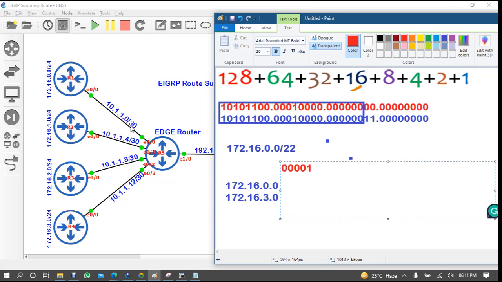Again 1 is 0 0 0 0 0 0 0 1, and 0 is all zeros. Fine. Now come here. Same, right? So till here 10.1.1.